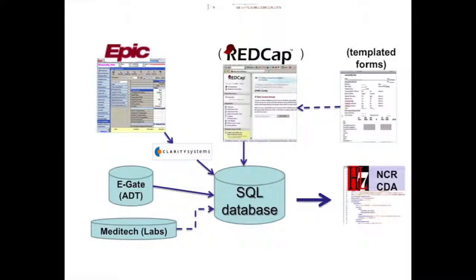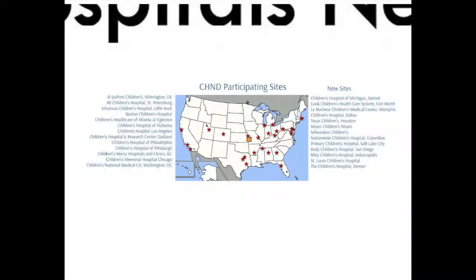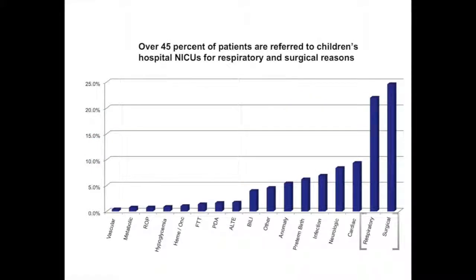The way it works is we take information from our clinical information systems and can supplement it if need be, and generate the neonatal care report. And then we're now poised to collect information from these different sites and studies. This is a pretty basic example, but basically the primary reason for referral nationally is for respiratory or surgical reasons. And then we can look at